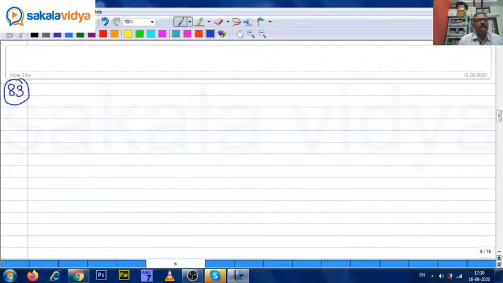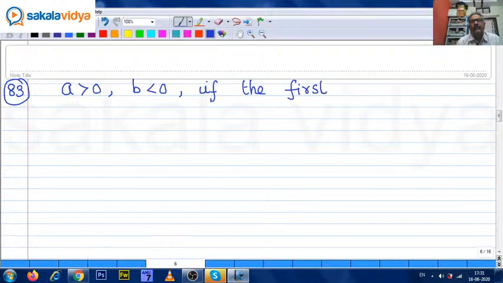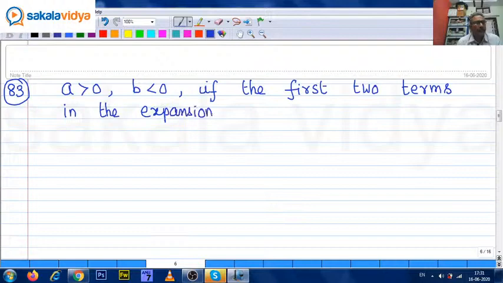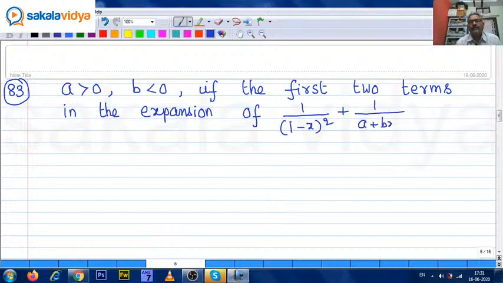Problem number 83. A greater than 0, B less than 0, if the first two terms in the expansion of 1 upon 1 minus x whole square plus 1 upon a plus bx whole square,